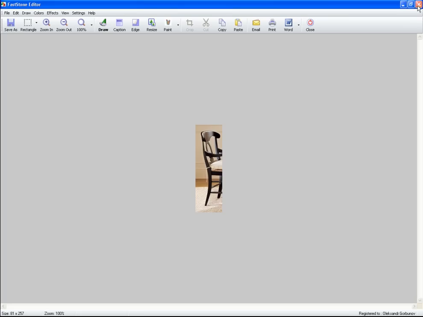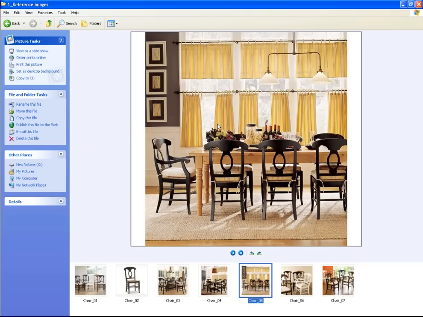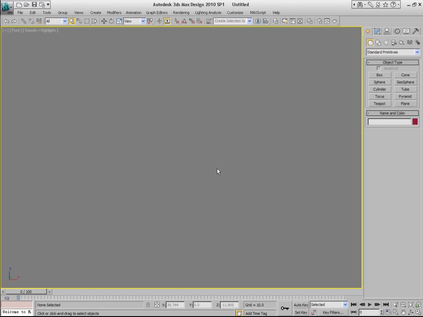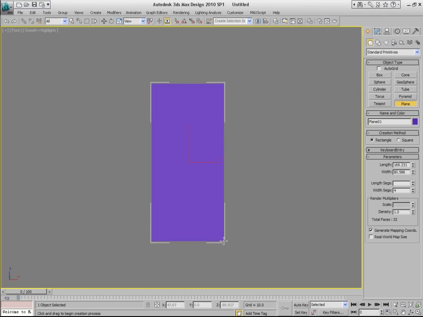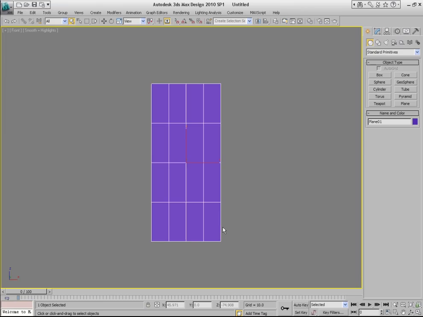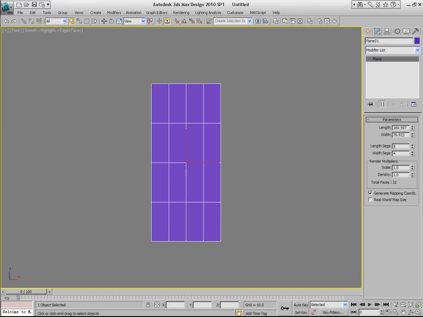So now you can bring this JPEG into 3ds Max and place it on a background so you can always refer to it. So in the front view, do the following. Go to Create Panel and create a plane object of any size. You can also hide the selection brackets because we don't need them. Now for this plane object, go to Modify Panel and change the number of length and width segments to 1. Then go to Material Editor,